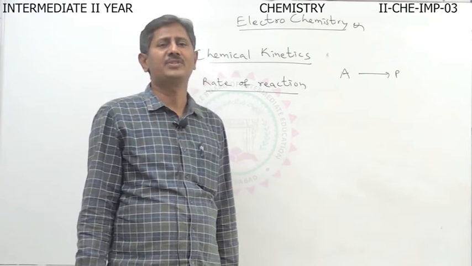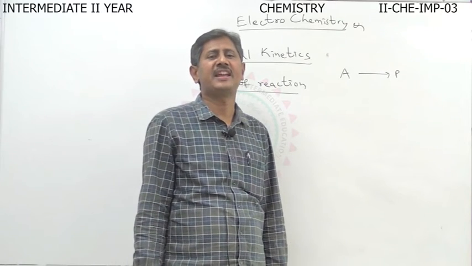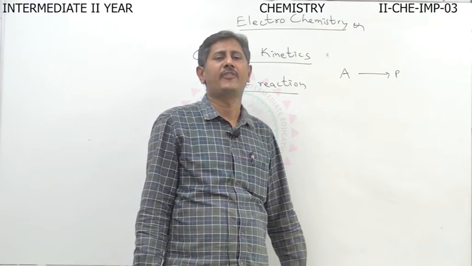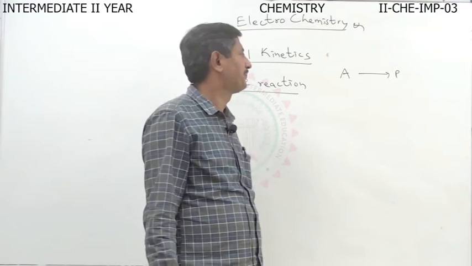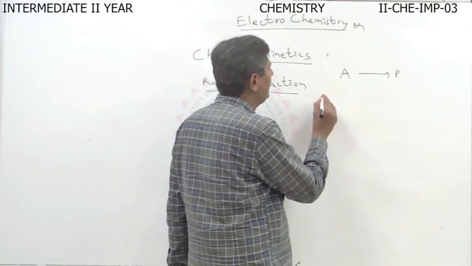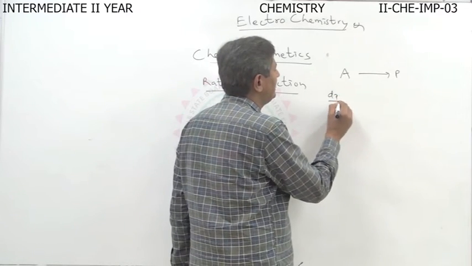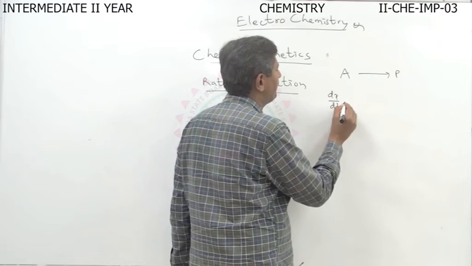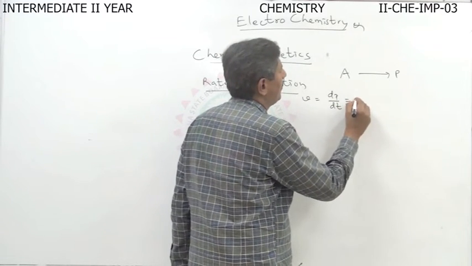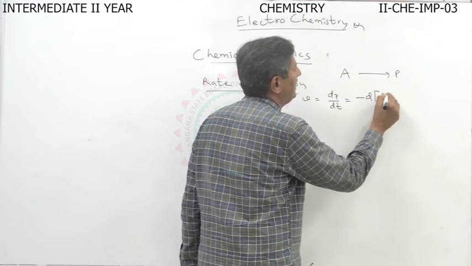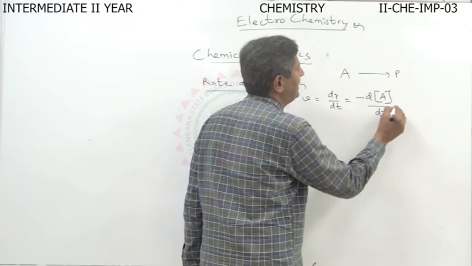Or we can also say that the change in the concentration of reactants or products per unit time is given as the rate of reaction. For this reaction, the rate is given by dx by dt, which equals minus d[A] by dt,